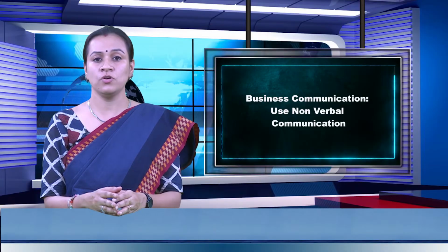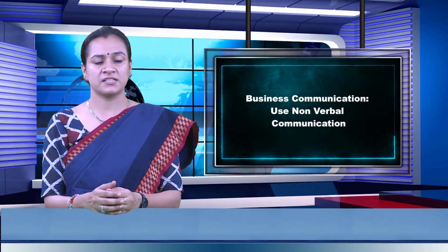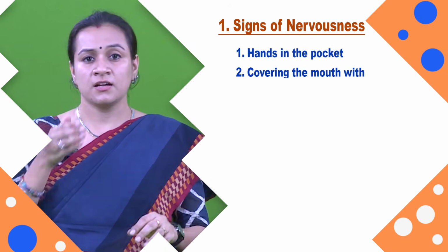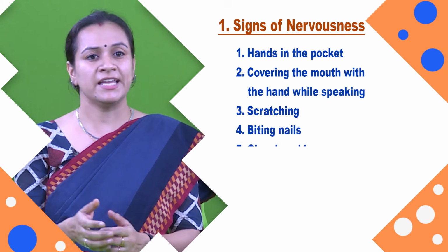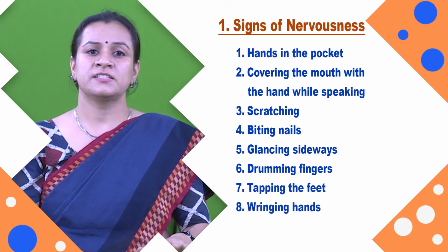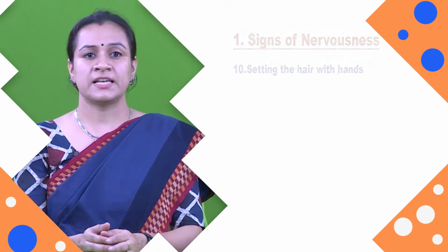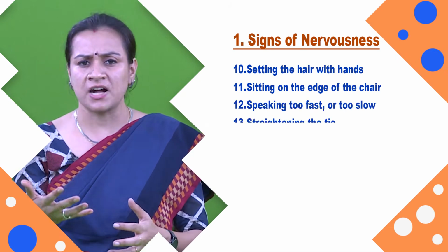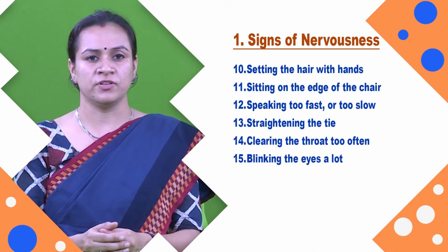Negative gestures include body movements which give a negative impression about us. These are categorized as below. Signs of nervousness: hands in the pocket, covering the mouth while speaking, scratching, biting the nails, glancing sideways, drumming fingers, tapping the feet, wringing the hands, crossed arms or legs, setting the hair with the hands, sitting on the edge of the chair, speaking too fast or too slow, straightening the tie, clearing the throat too often, blinking the